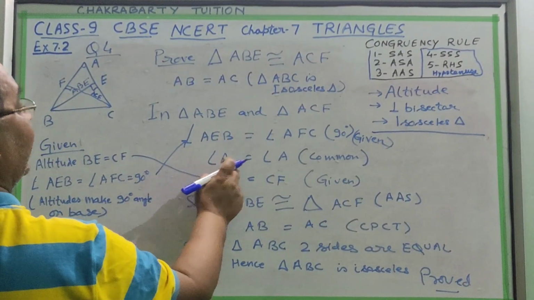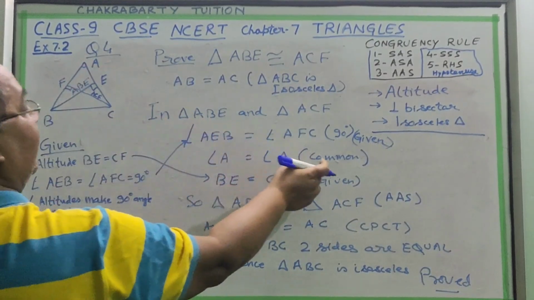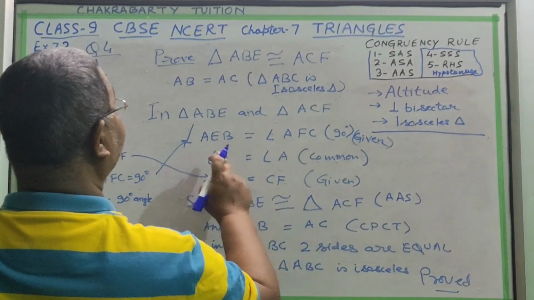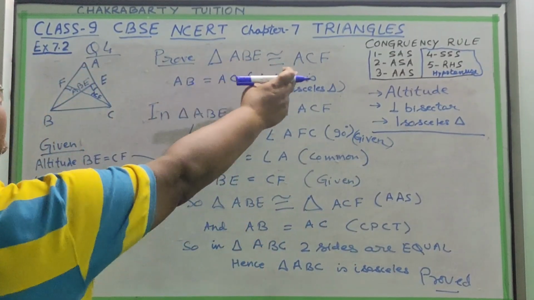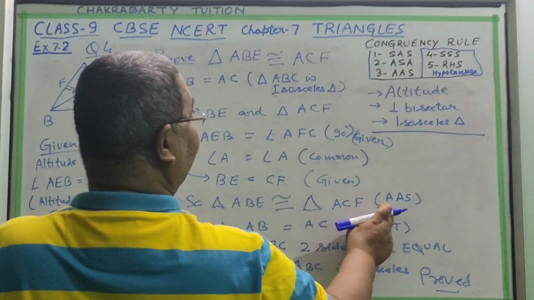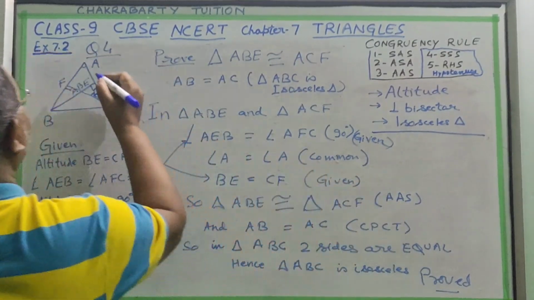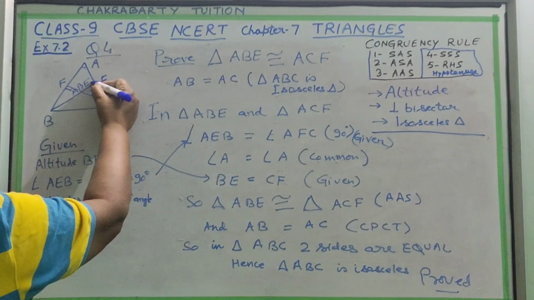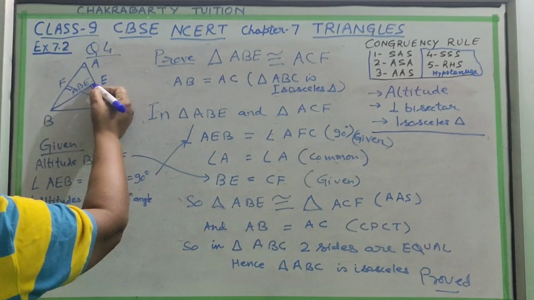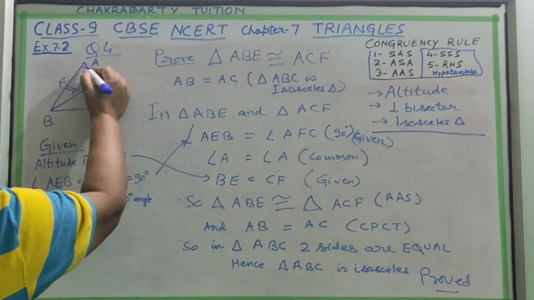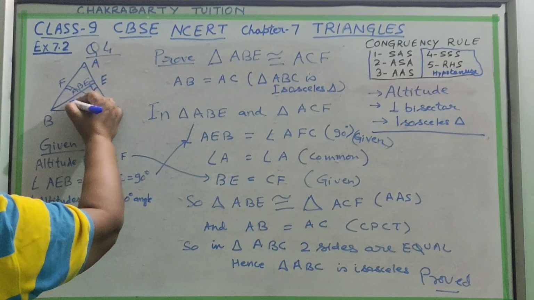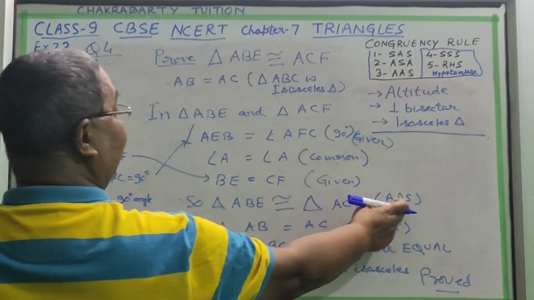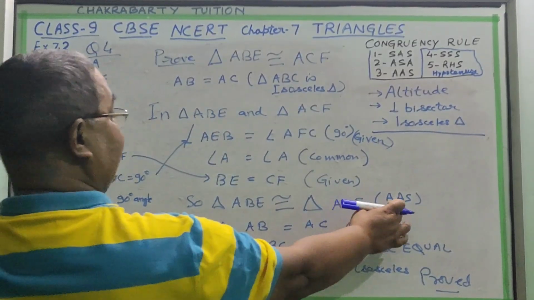So this, and angle A is common. Of course, it is common in both the triangles. It means our triangles ABE and ACF are congruent on the basis of angle-angle-side. Means first we are taking this angle, then this angle, the second angle, and this side, because altitudes are equal. So angle, angle and side. On this basis it is here. See, this serial order should not be disturbed. Keep it in mind.